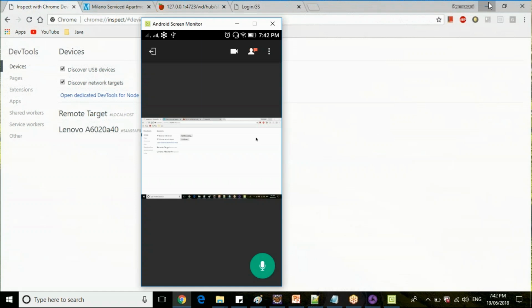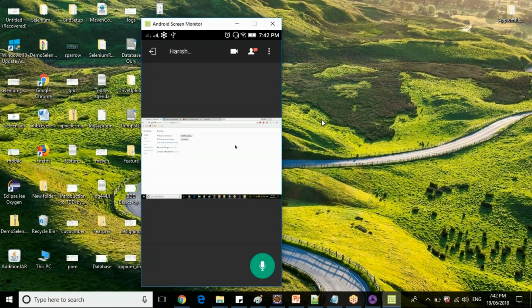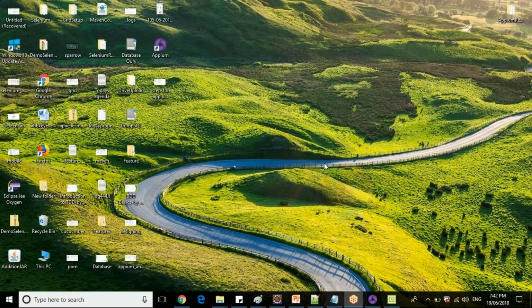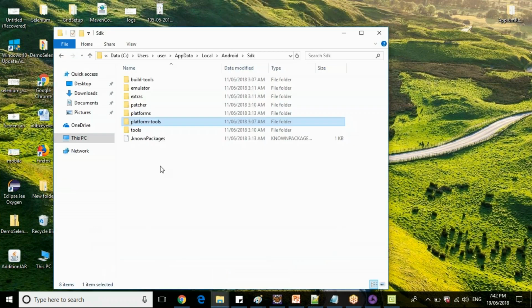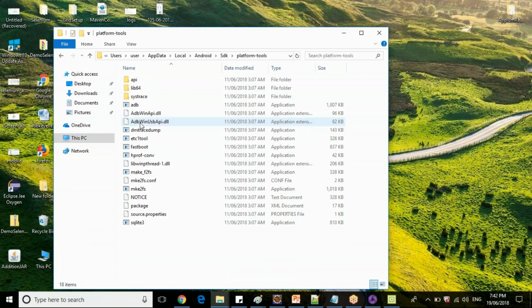Okay, guys, let's resume the session. Before going into native, let's see what is Android SDK here. So in our Android SDK, sorry, under the tools folder,